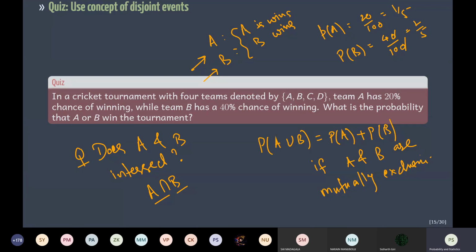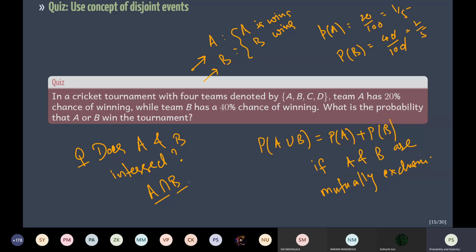But assuming that the tournament must have a winner and there will be a way to break the tie, like it happened in the last World Cup, where things went up to the super over, and then it happened once again. But they had to really break the tie. Eventually, England won, right? It won in a really strange way. But anyway,